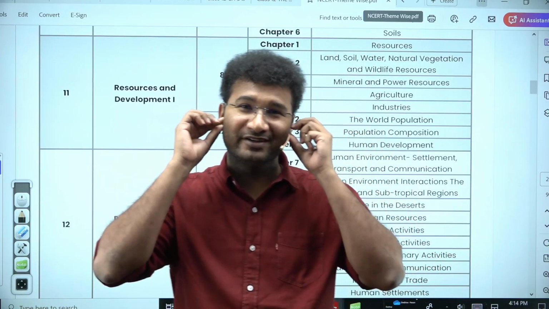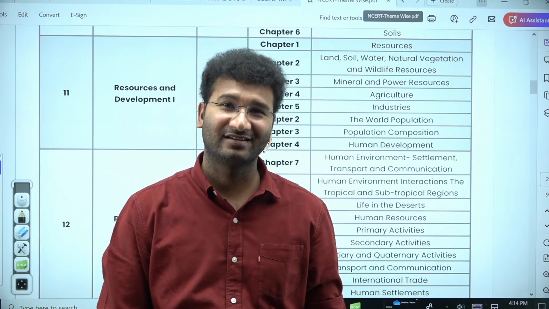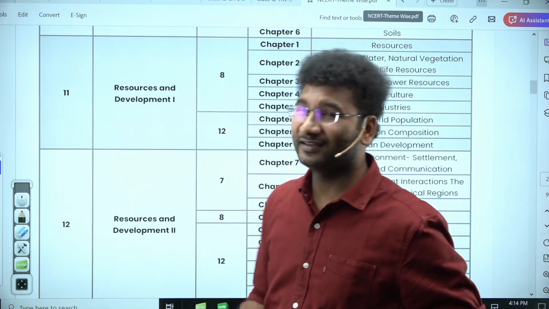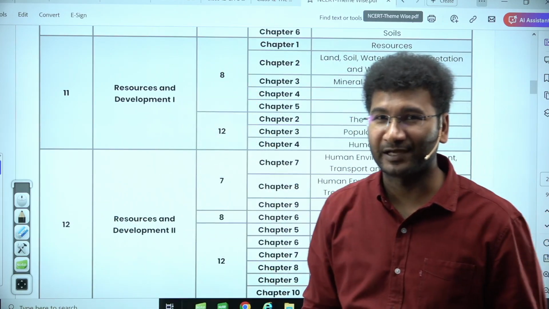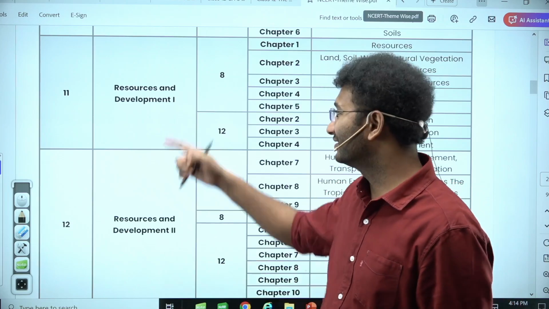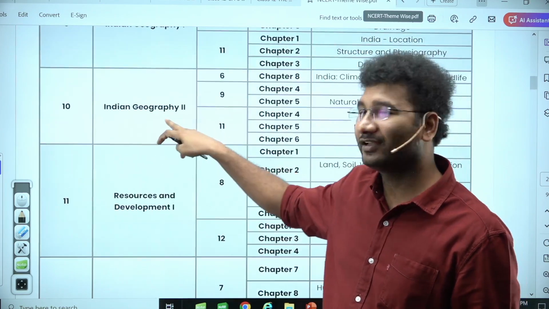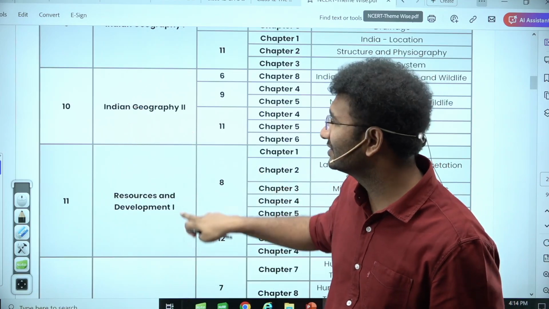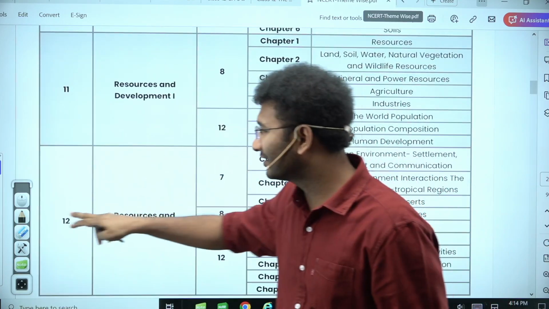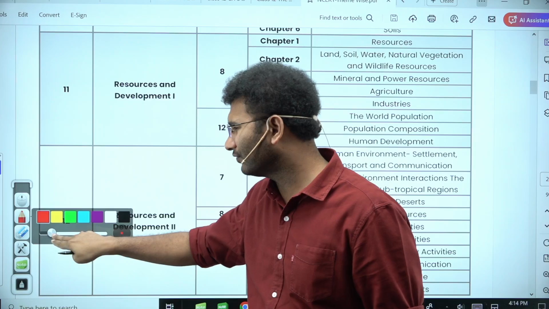My name is Madhusudan Reddy and this is the Geography series in which we are going to learn the entire NCERTs in a theme-wise manner. Our today's theme is resource and development. We have already dealt with the chapters of Indian geography in a detailed manner. Now this is the next theme in which we shall be covering